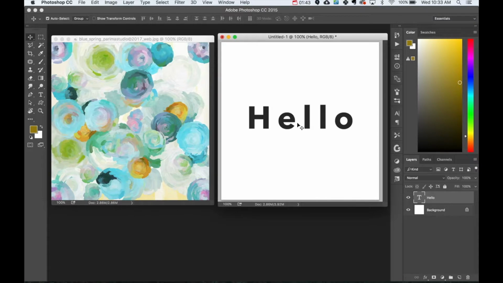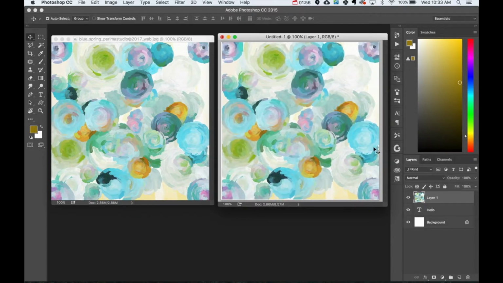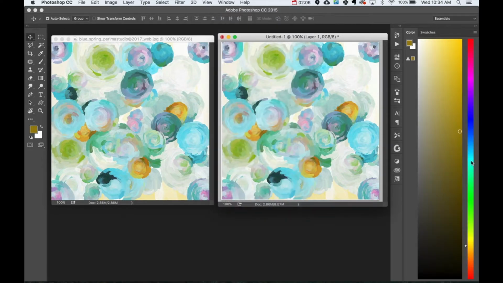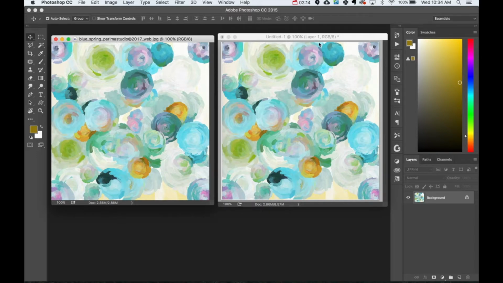Okay, so once you have your text, you're going to drag your pattern over to where your text is, and it's going to pop right in. And then we're going to come into the layers panel, and if you don't have the layers panel open like how I do over here, you can find it under Window, Layers, and for me it closes it because I already had it open, so I'm going to go back and open it